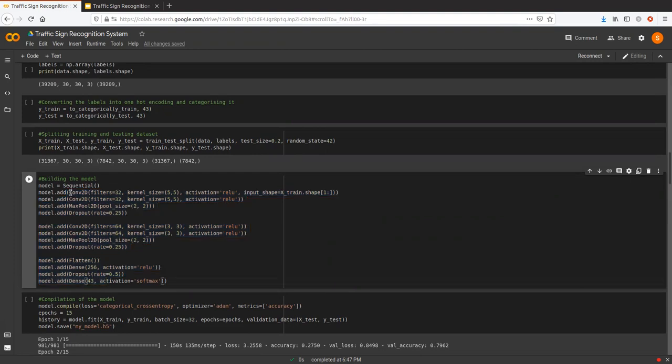So conv2D is basically something that helps us detect all those lines and curves in our image so that we can finally extract information from it. Like filters, we have different filters. One filter will look for vertical lines, one for horizontal lines, and so on. So 32 over here means that there'll be 32 different filters, and all of them will work on our image to find different details.